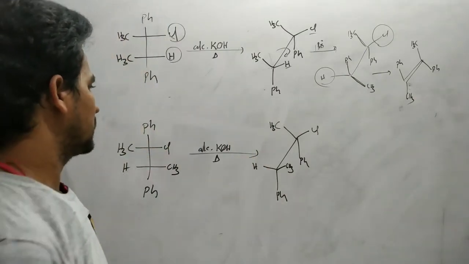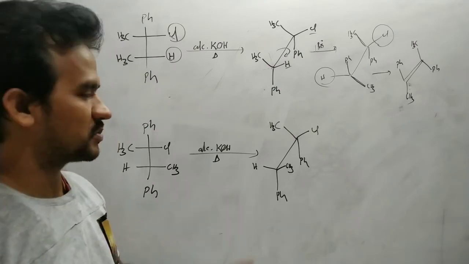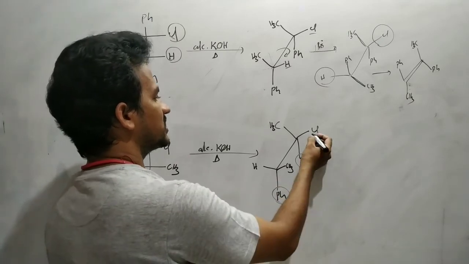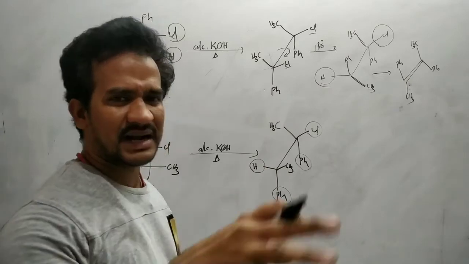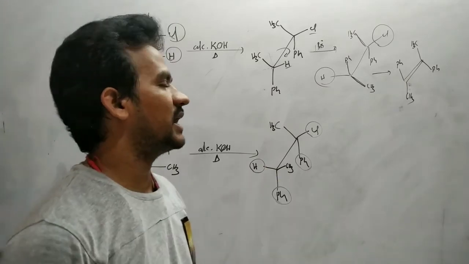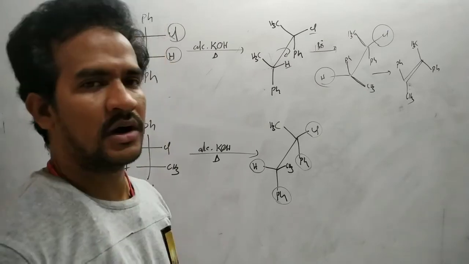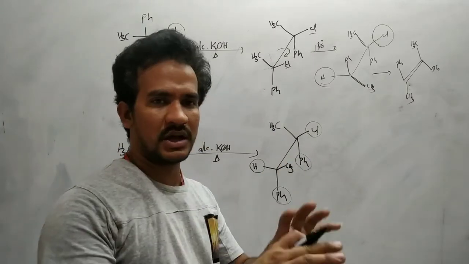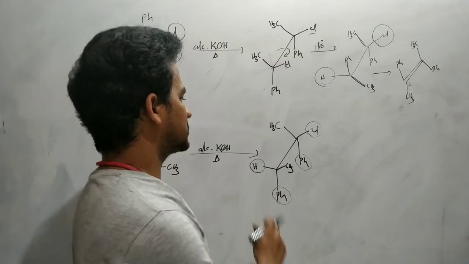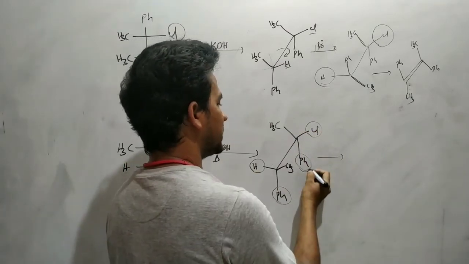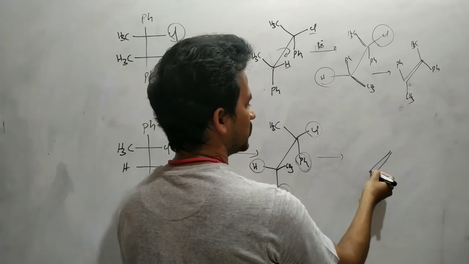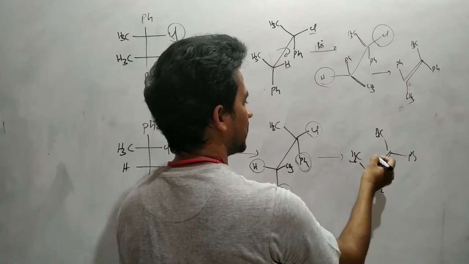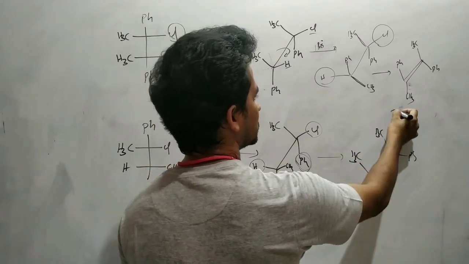Now for this one, again it is a Sawhorse projection formula for this 2D representation. Here the chlorine and hydrogen are not exactly opposite, not exactly at 180 degrees, but slightly trans to each other. So we can rotate this one just 60 degrees, or we can write the product. In this case, the hydrogen and chlorine are trans to each other. So phenyl groups are downward, those two remain in the same position, and methyl and methyl are on the same side. That means here a cis isomer.